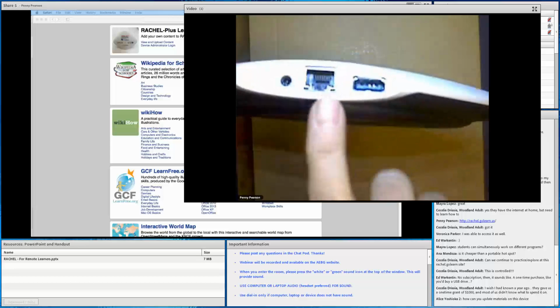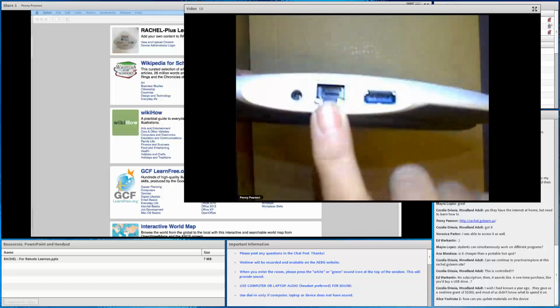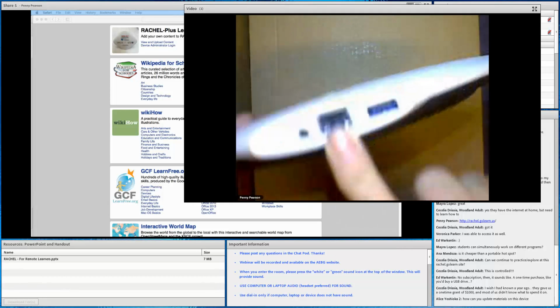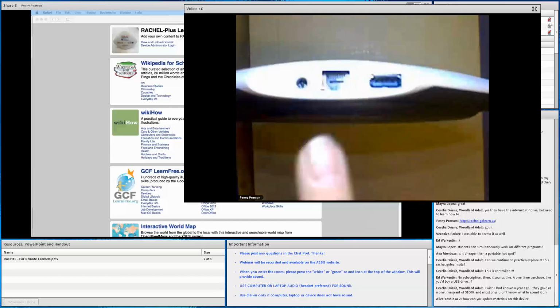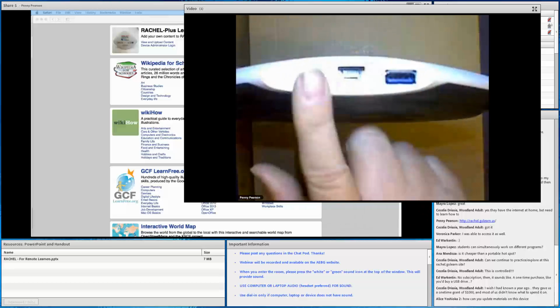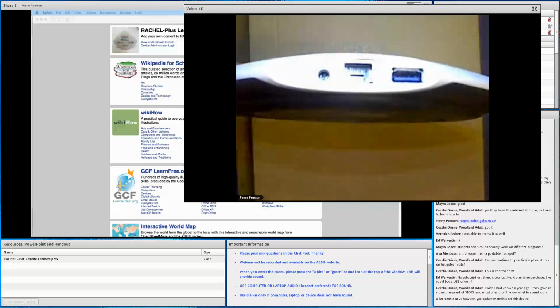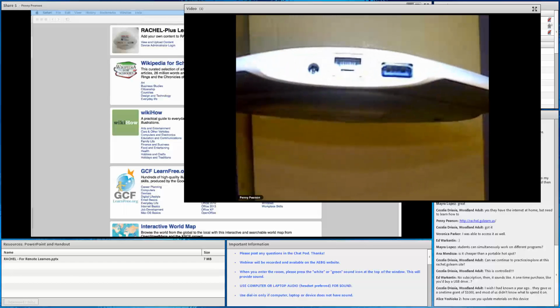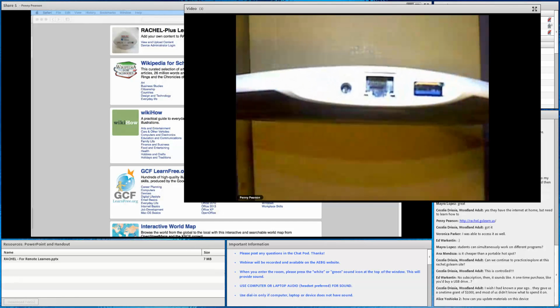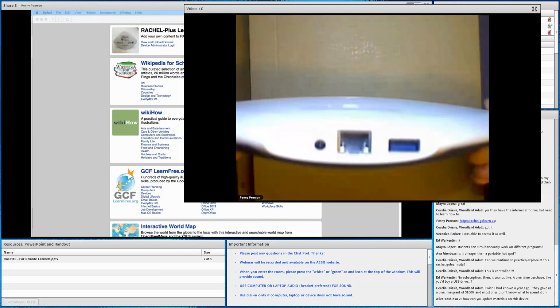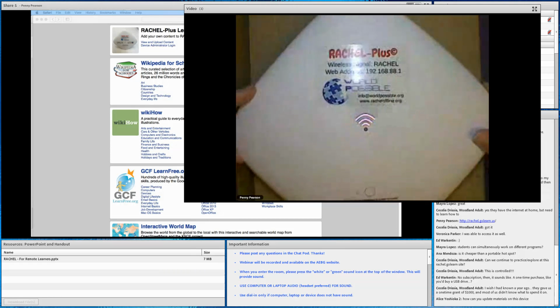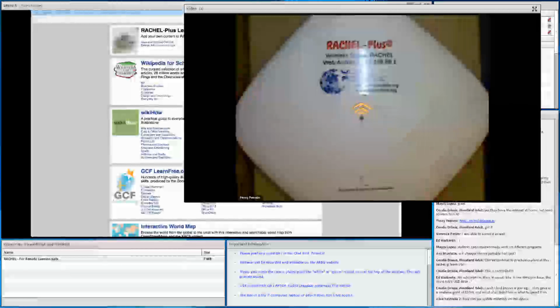So I would take it back to my desk and take my network cable, and I should have had one here and I don't. Well, I would plug this in here, which then allows this device to connect to the internet. And then you go to this website for Rachel Go Learn, or they have another actual URL for it. And then you can manage and update your device. You can download a new version. You can take the pods that you want. You have the choice. So it's easy to do. Does that answer your question, Alice?